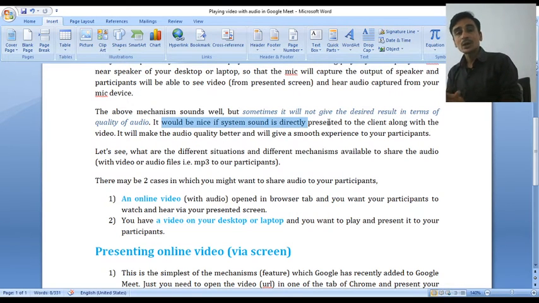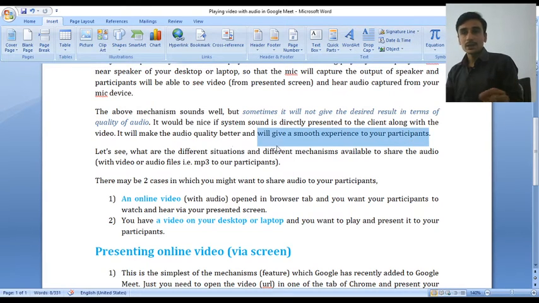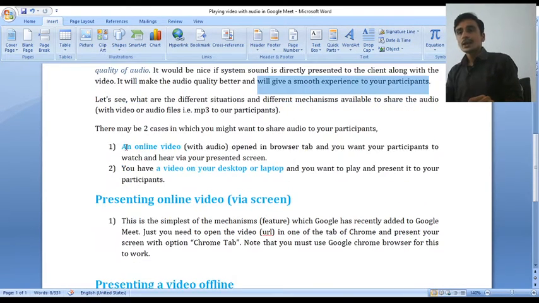If the same quality is passed through Google Meet to our participants, then it will be very good and we can give our clients or participants a smooth experience. So, there are mechanisms available for this also. We can also pass audio with video, and the same experience of system sound can be passed to the participants also.